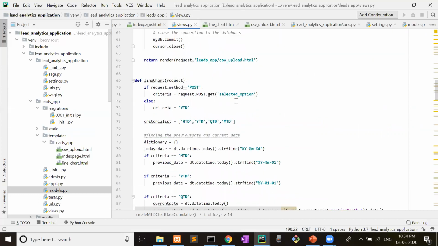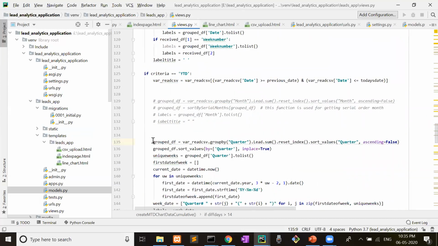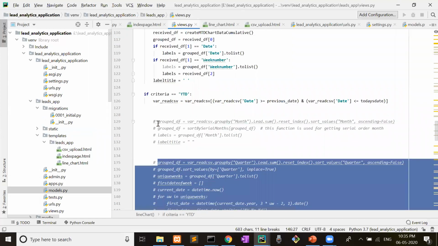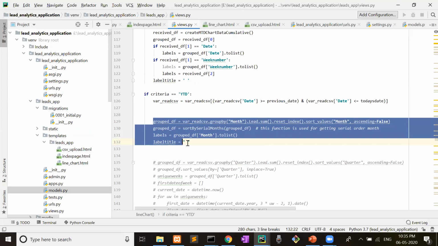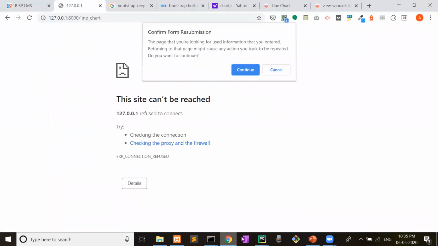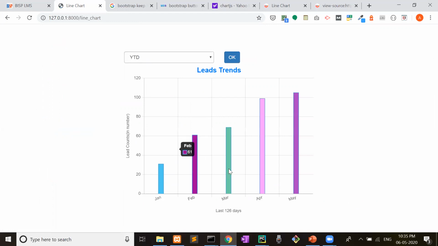Suppose I am showing this data in the form of month, let me show you. YTD. But it is necessary to show the data in the serial sequence.